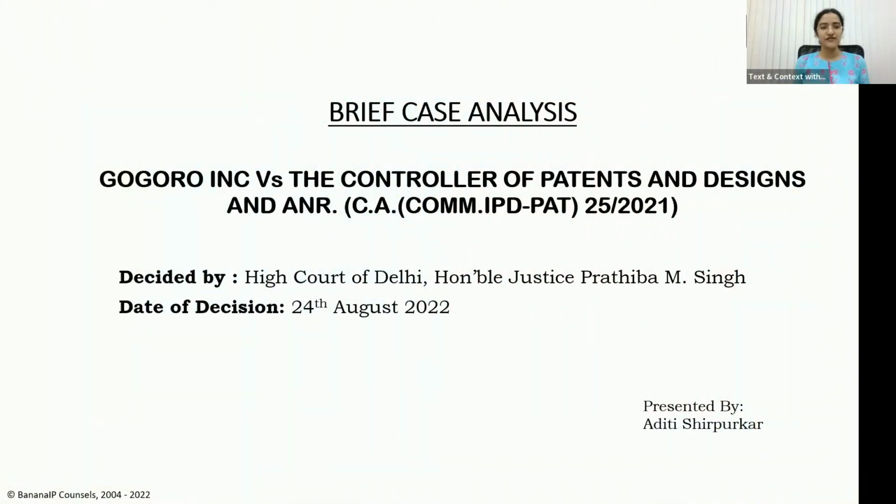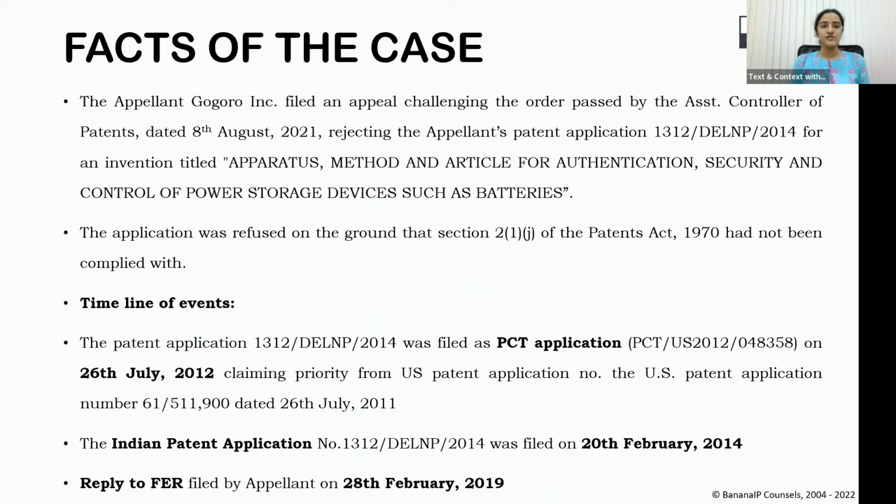I'll be briefly discussing the case Gogoro Inc. versus the Controller of Patents and Designs and another. So the facts of the case are as follows. This particular case relates to an appeal challenging the order passed by the Assistant Controller of Patents dated 8th August